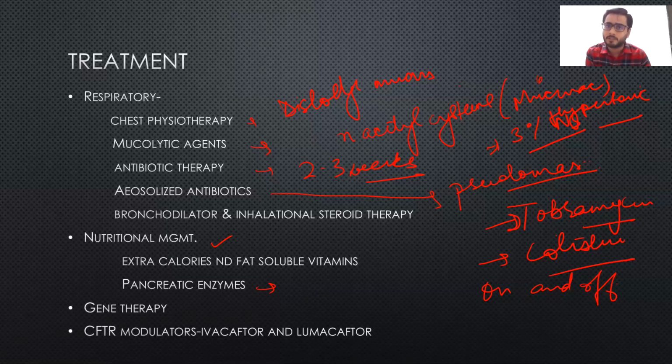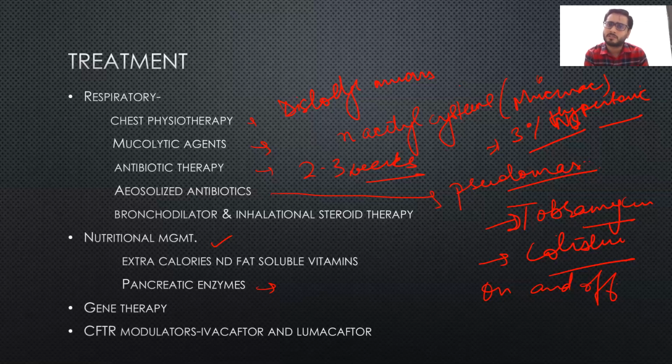Pathogenesis is different in sweat glands and in other organs. There is no duct obstruction in sweat glands. Hypertonic sweat, mothers notice salty sweat. Next are the other organs. There will be duct blockage and thick mucus. So there will be pancreatic exocrine insufficiency, later on endocrine insufficiency, and there can be fat malabsorption, steatorrhea, failure to thrive, passing greasy stools, and later on diabetes also. In lungs, you can have recurrent pneumonia, bronchiectasis, bronchiolitis. These can be the presentations, and respiratory failure.